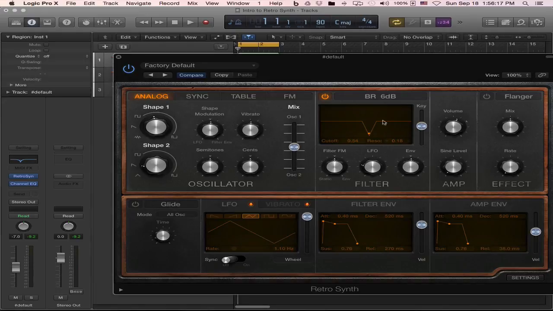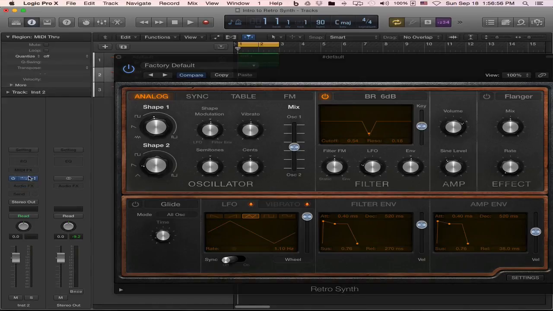So moving out of the filter parameters, we have our amplitude parameters, which we have seen before, just controlling our volume, and this is pretty self-explanatory. I've said it before, but we have down here a sine level, so that's going to give us a whole new different way of controlling the volume or the amplitude by adding a level of the sine waves that I'm producing in my oscillator. Then over here we have our effect controls,